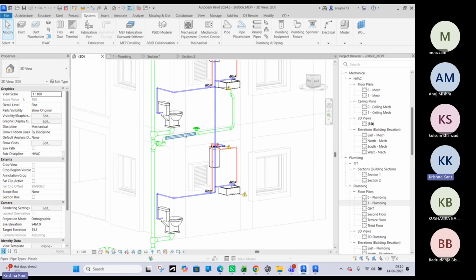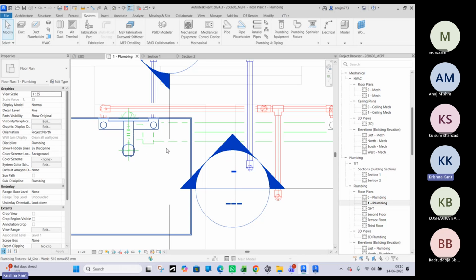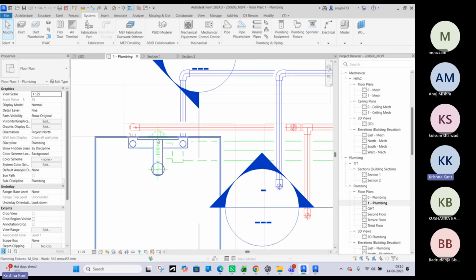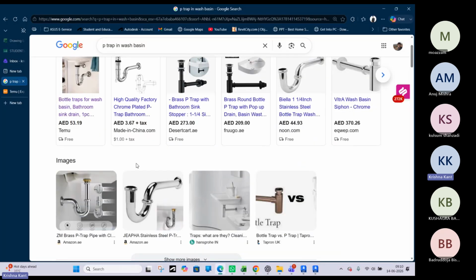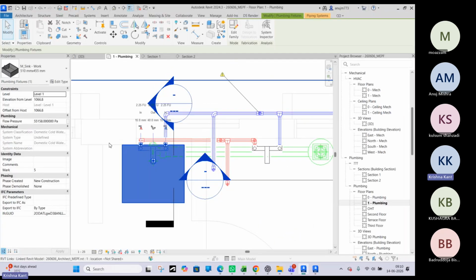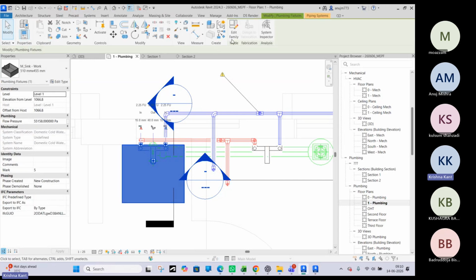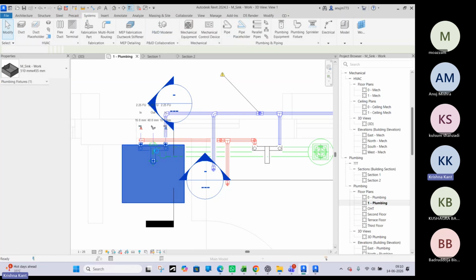One thing you can notice, the wash basin, the hole is very near to the wall side. So obviously the P trap requires a little more space. If you can see from the wall, the P trap requires more space. So either you can bring the whole sink a little in the front so that the P trap is well fixed, or else in the edit family, what we can do,